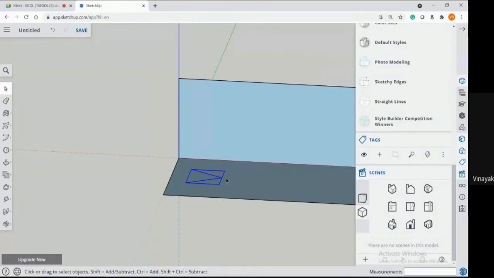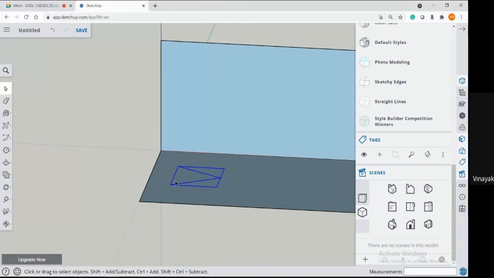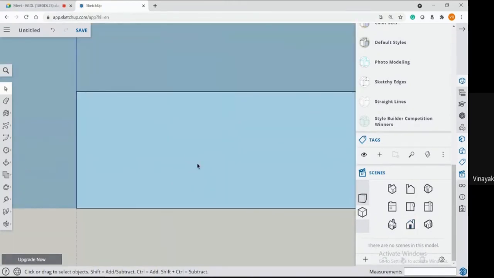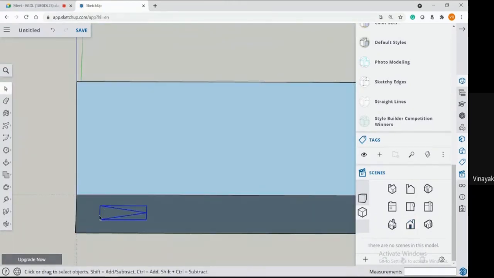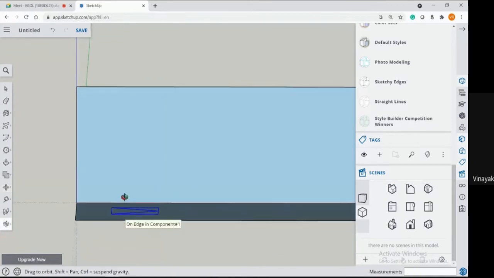Let's make it a component. Let me move it a little up.